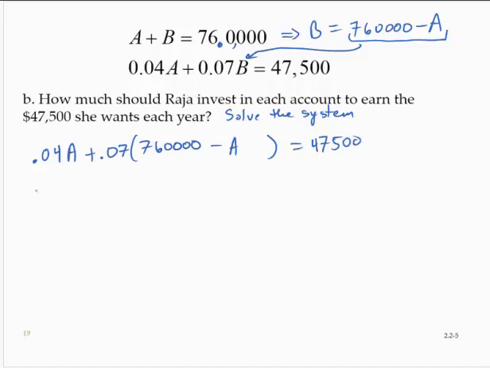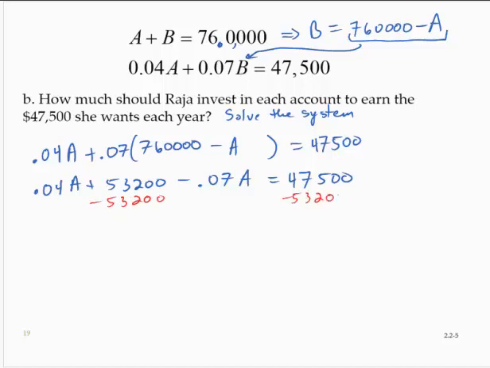Applying the distributive property, 0.04A plus 0.07 times 760,000, which is 53,200, minus 0.07A is equal to 47,500. I'll subtract the 53,200 from both sides. And simplifying the left-hand side, I would have negative 0.03A. And on the right-hand side, I have